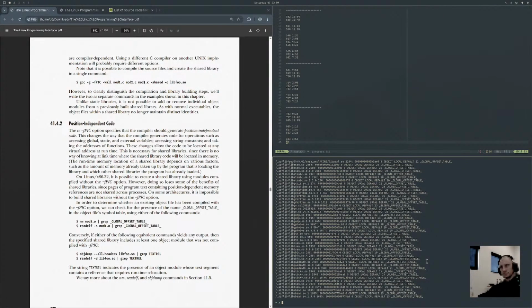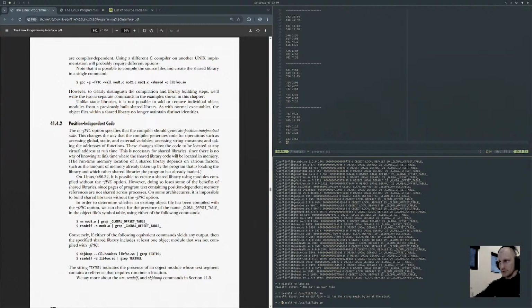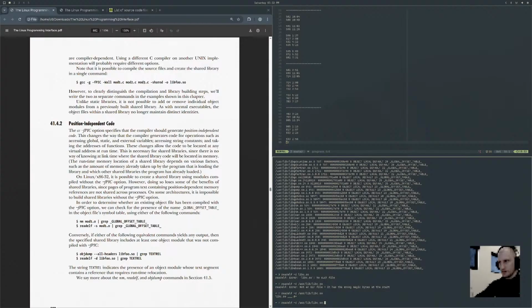Okay. Conversely, if either of the following equivalent commands yields any output, then the specified shared library includes at least one object module that was not compiled with fPIC. So if we just do readelf dump libc.so, okay, I gotta find it under usr lib, libc.so.6,